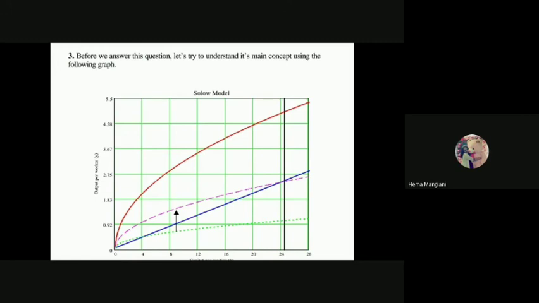And after 5 years, this golden rule of capital per worker is saying that I can reach over here, and my output per worker would reach over here. But to achieve this target, after 5 years or maybe 10 years, what does this country have to do? The country has to do one intervention, and that is only one according to the Solow model and also this golden rule of capital accumulation: they have to increase the saving.